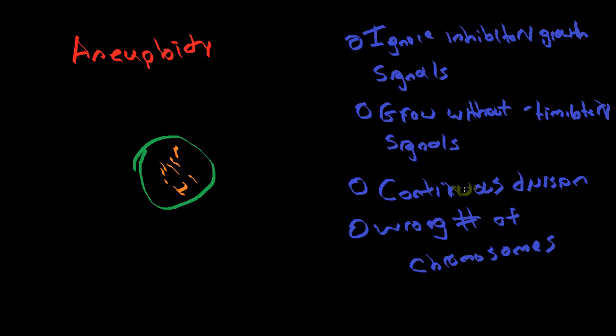Cancer cells are able to continuously divide without any sort of limit. Normal cells are able to only do it maybe 20, 40, 50 times at most. And lastly, cancer cells are known to have the wrong number of chromosomes, which is very problematic for the body. It's very important to have the correct number, or else you're going to be dealing with improper proteins being created, mutations, and deformities.